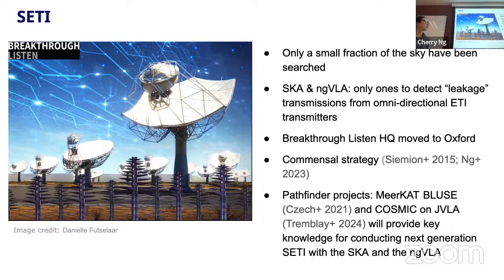SETI research has very much been supported and driven by the Breakthrough Listen Foundation, the headquarters of which moved to Oxford last year, partly also to facilitate a closer relationship with the Square Kilometre Array. We think with the SKA we need a commensurate strategy to search for SETI, because that would give us a really high sky mapping speed. We want to be observing all the time. In fact, we are already conducting pathfinder SETI projects on MeerKAT and the Very Large Array, VLA. And these projects are really giving us key knowledge for how...